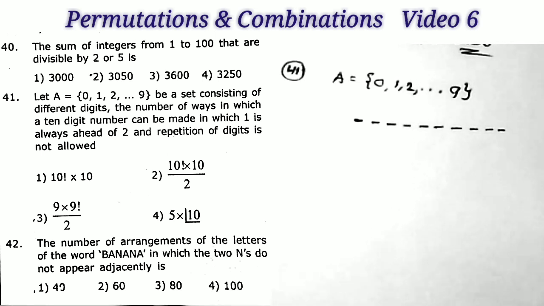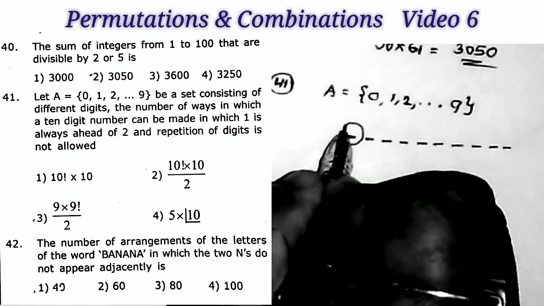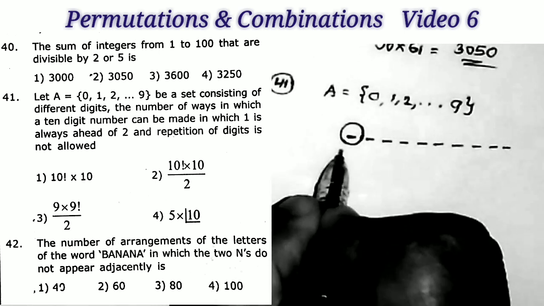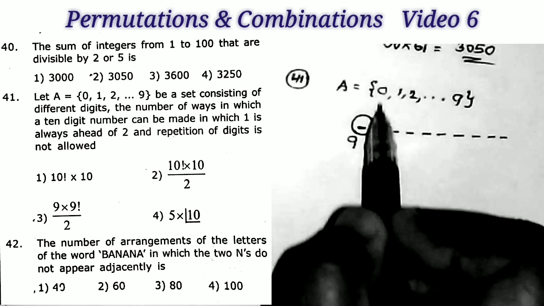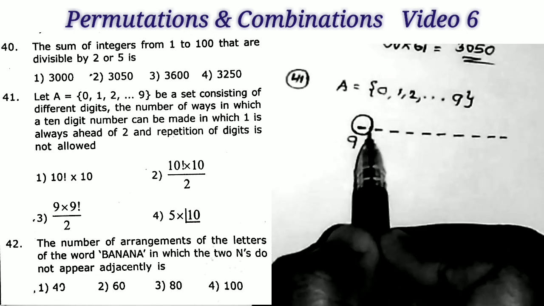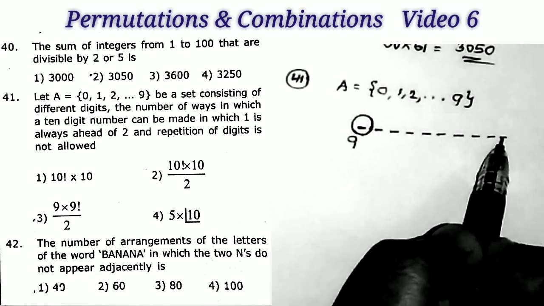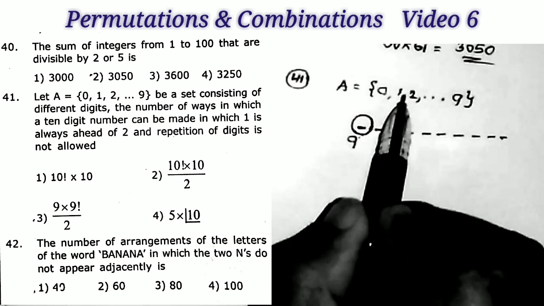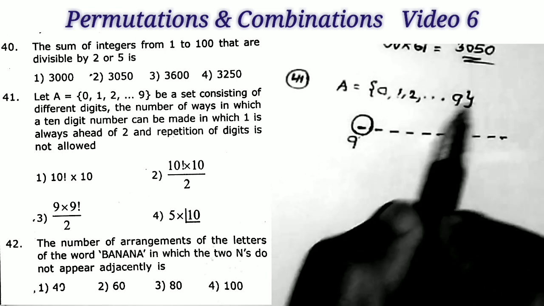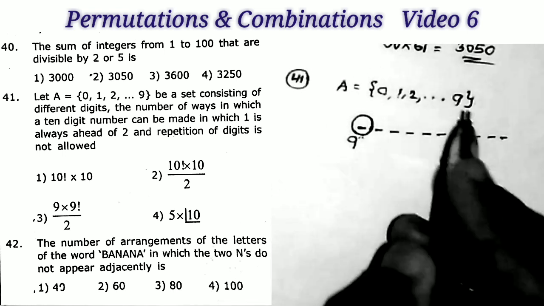Okay, listen. First, I am forming the 10-digit number. Many ways we can find the 10-digit numbers. We can fill this first gap in only 9 ways. We don't take 0 at this place. If we take 0 here, then it becomes a 9-digit number. That is, we can fill this gap with the numbers 1, 2, 3, 4, 5, 6, 7, 8, 9. That can be done in 9 ways.